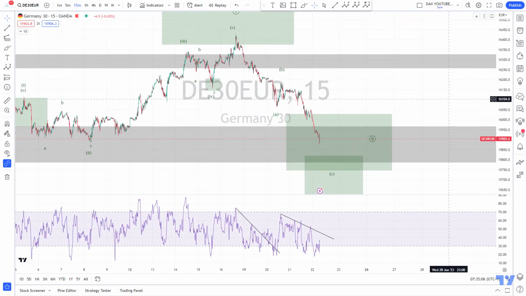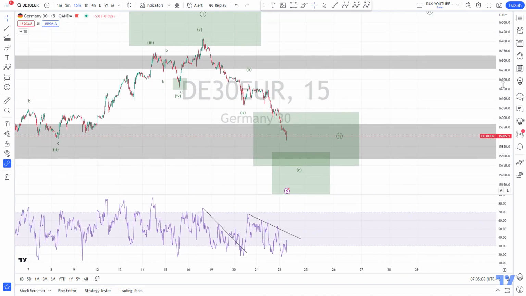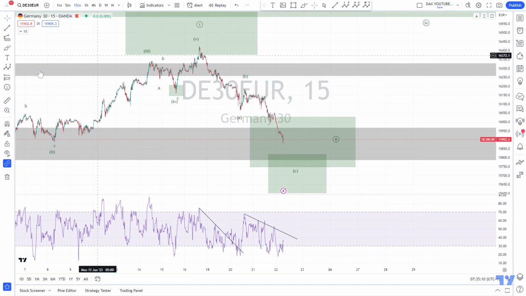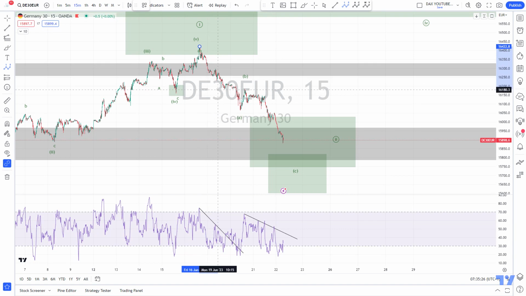So here we have the 15-minute chart, and now we will really do some micro counting, but this is good. This is interesting. So I will first label my wave A. It's not really relevant anymore, but let's do it just for educational purposes. So then this would be my 1, this would be my 2,